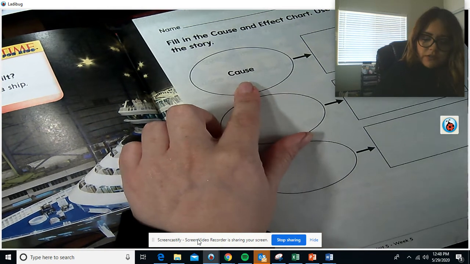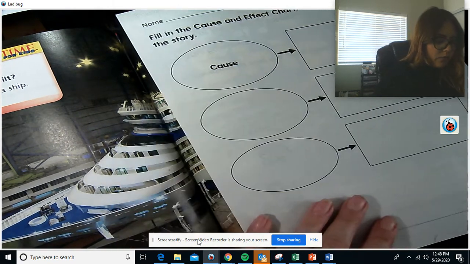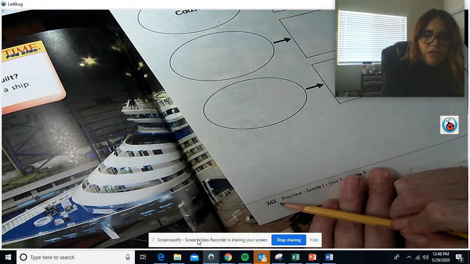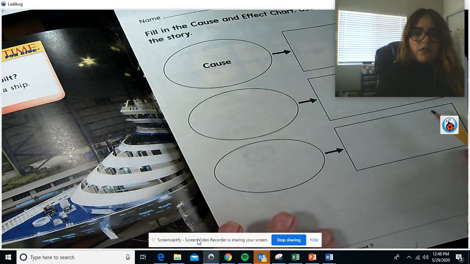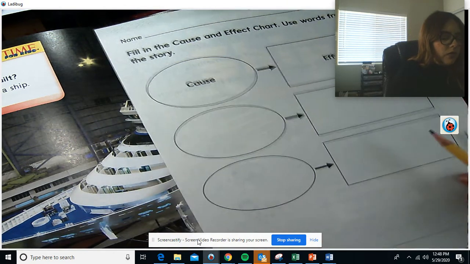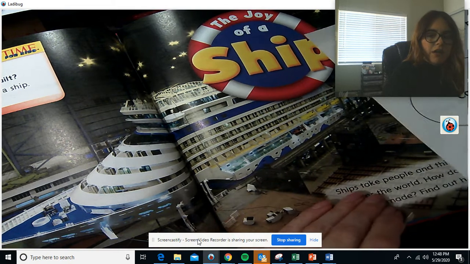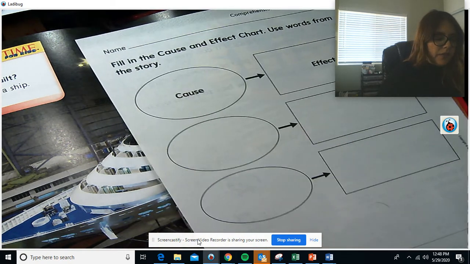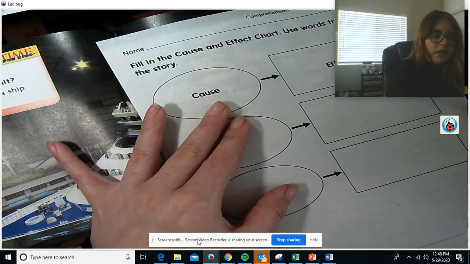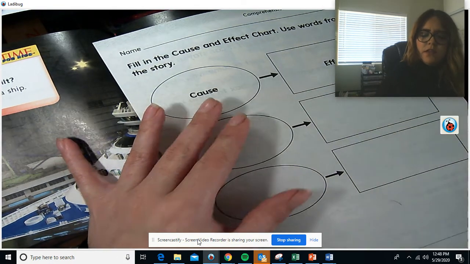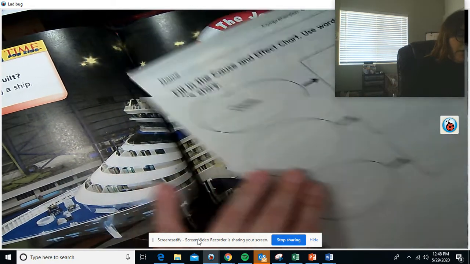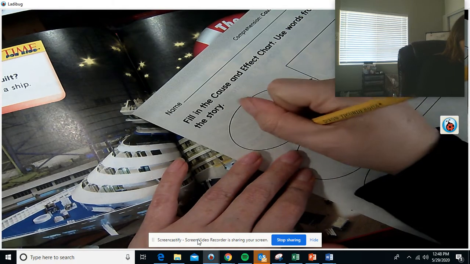On page 262 in your squirrel book, we have a graphic organizer for cause and effect. And as we're reading our story today, we're going to be looking at some causes and some effects. First, we're going to fill out our cause side, and as we're reading, I want you to think about the effects. So for example, in our story, we learn about hot steel,